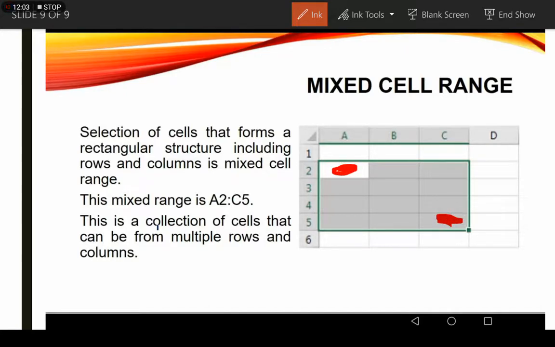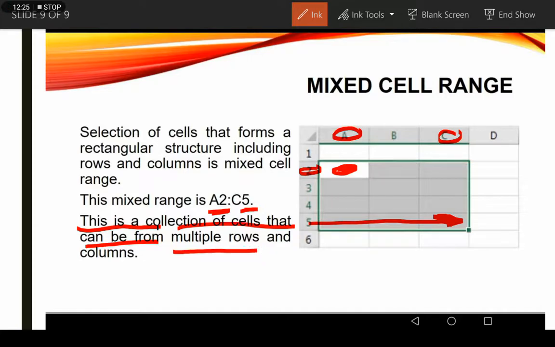As you can see, the first cell is A and 2, so A2, and the last is C and 5, so C5. You can indicate the cell range like that. So this is a collection of cells that can span multiple rows and multiple columns.